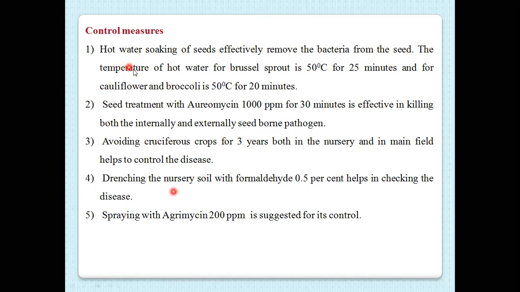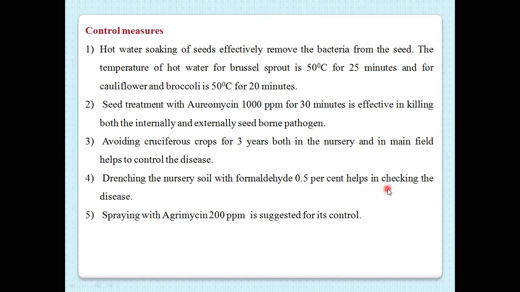Then seed treatment: seeds of cabbage, cauliflower and knol khol are generally dipped in hot water at a temperature of 50 degrees Celsius for 20 to 25 minutes. Then these seeds are treated with an antibiotic such as agrimycin at 1000 ppm for 30 minutes. This is effective in killing bacteria present internally or externally on the seed and seed coat. Then drench the nursery soil with formaldehyde